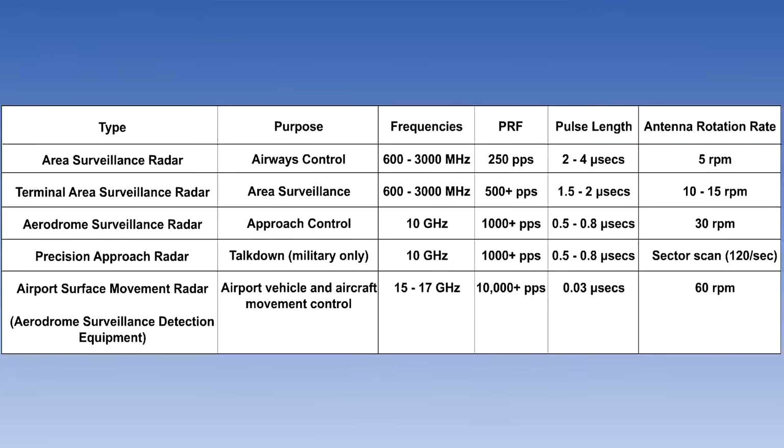In this lesson, we have looked at 5 different types of radar. We saw how their differing requirements mean that they are designed with different frequencies, PRFs, pulse lengths, and antenna rotation speed and range. As we can see in this summary,